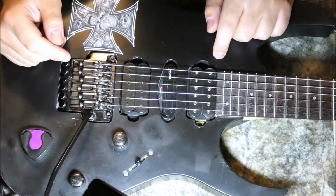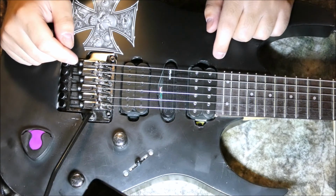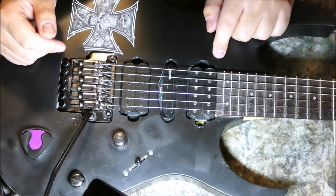You have all your pickups working right now with the push-pull, and if you have any questions, please leave them